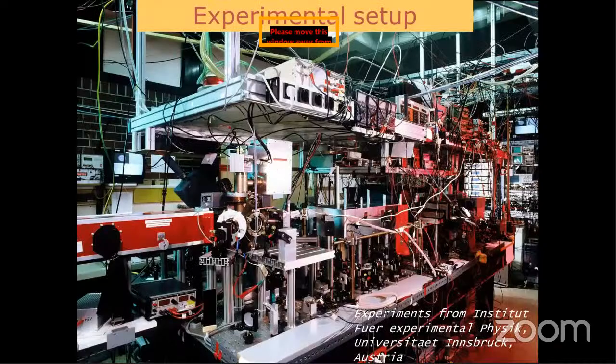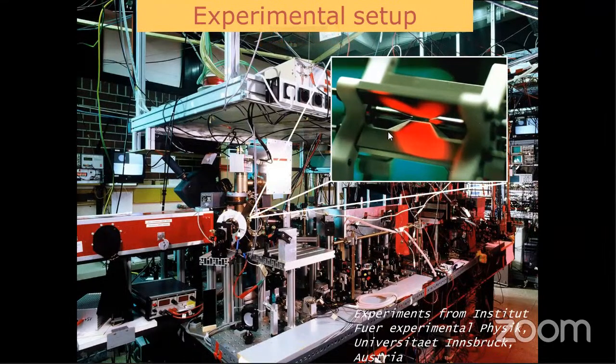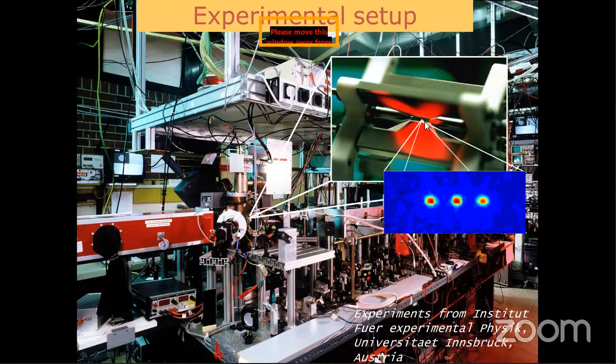So this is their experimental setup. As you can see, now things are getting more and more compact. There's a huge mess of laser systems, electronics, control systems, etc. And deep inside here in the vacuum system sits an ion trap, which is formed by 4 electrodes, and you apply an AC electric field oscillating at several tens of megahertz. And then in between here, there will be a string of ions which will be trapped. Like here, there are 3 ions, with fluorescence from these ions, which are separated by a few micrometers. You can see it on the CCD camera, and then you can individually manipulate the internal state of these.